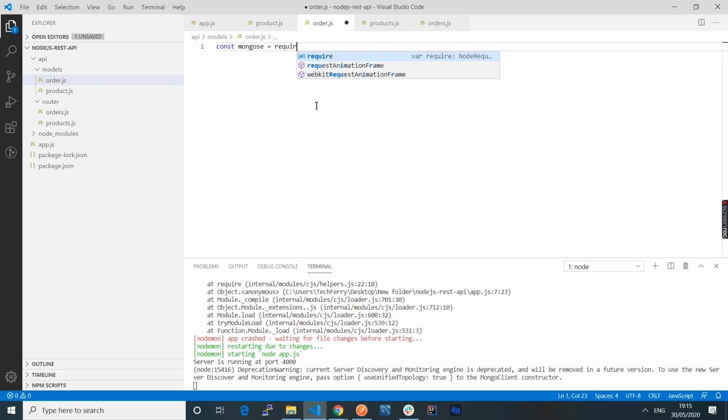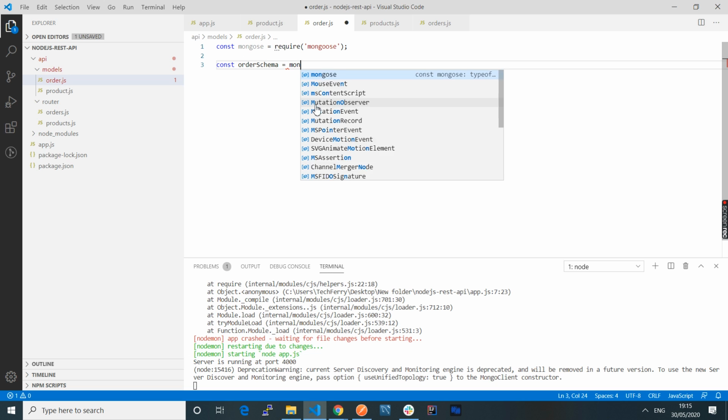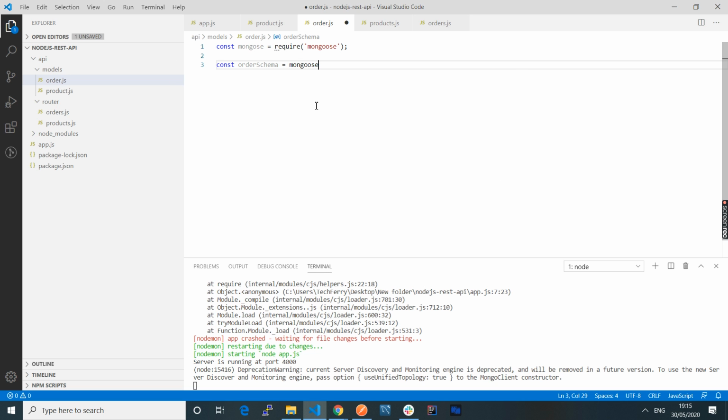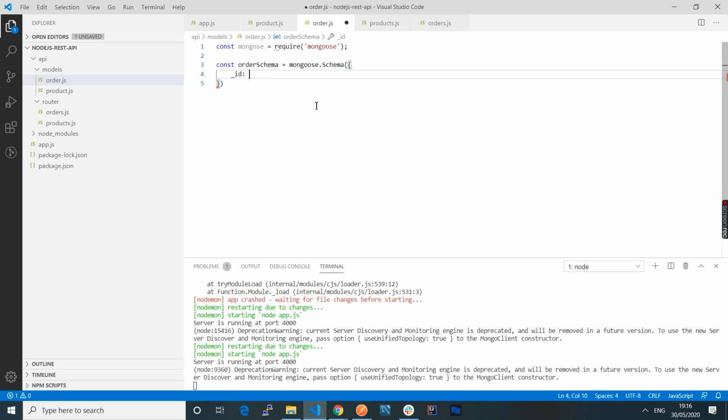We'll write const mongoose require mongoose, and similarly we'll define an order schema equals to mongoose dot schema, and inside mongoose dot schema we have to pass our JSON object. So the JSON object which we have to pass is the structure of our order. So in that case, we have to write mongoose dot types dot object ID,